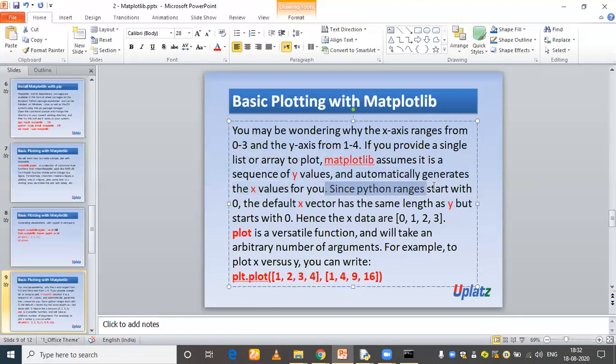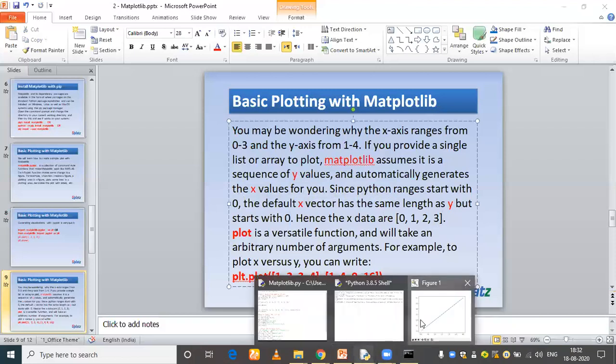Since Python ranges start with 0, the default x vector has the same length as y, but starts with 0. Got it? Yes.